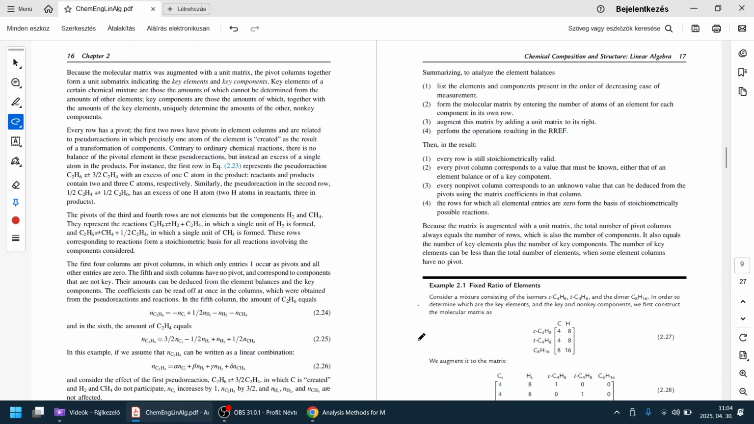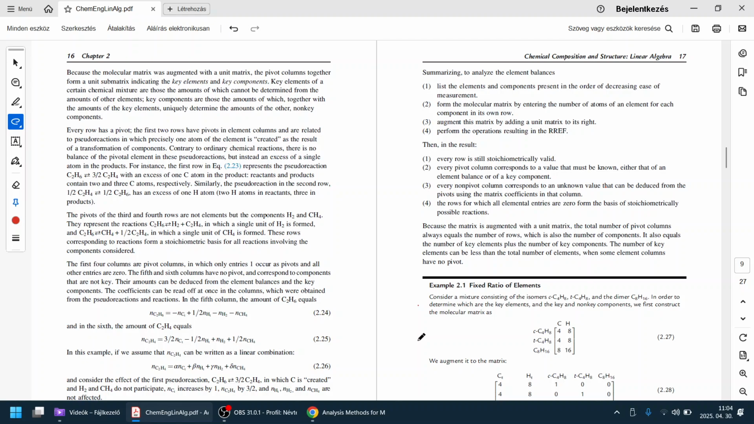Okay, so this is what we had done. This describes how to build up the molecular matrix. We do what we had done, and every row is still